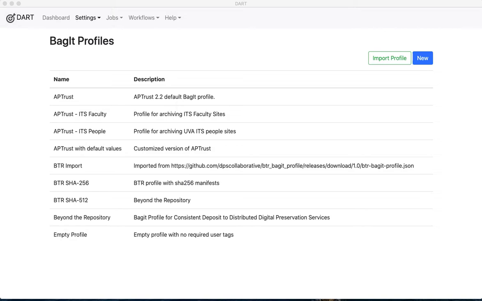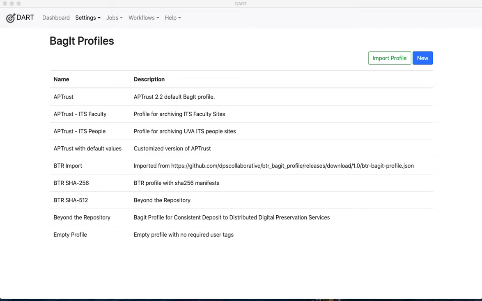The reason you would want to export settings is because it may take you some time to set up and customize your profile, and it may take you more time to set up information about endpoints for where to upload bags. That information includes URLs and credentials and things like that. If you've taken the time to set these up, you can export them and distribute them to other users at your organization.